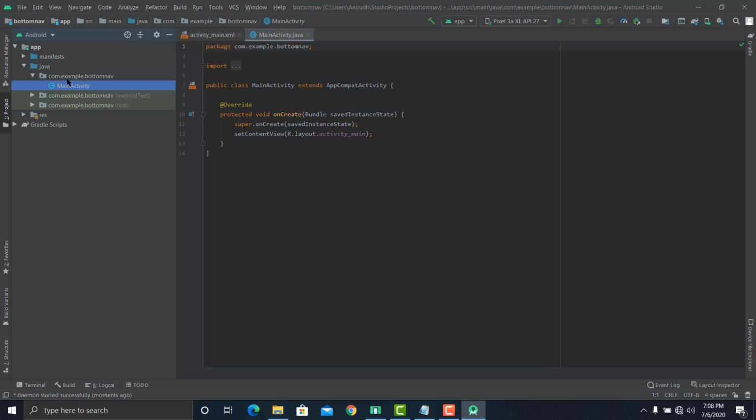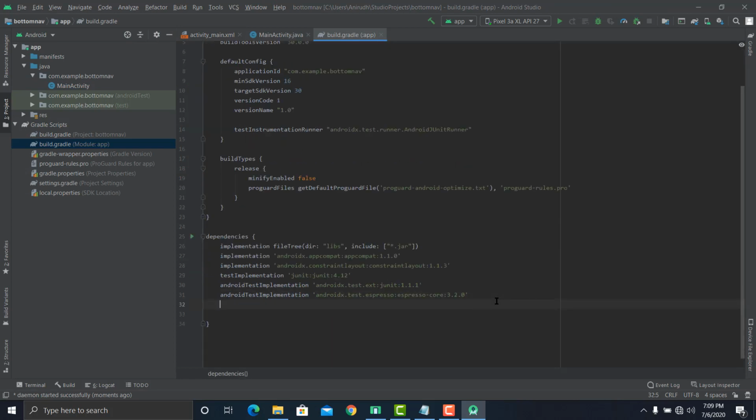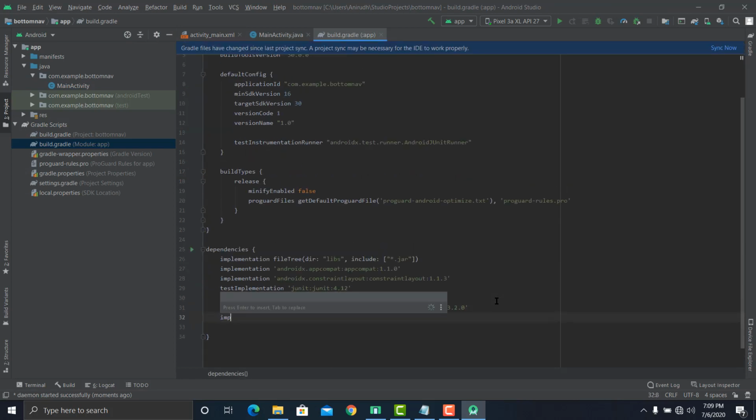So once your Android Studio is set up, we have to import a dependency. So let's import implementation com.google.android.material 1.1.0.